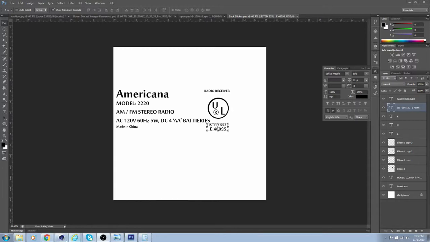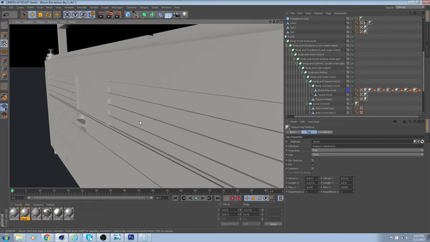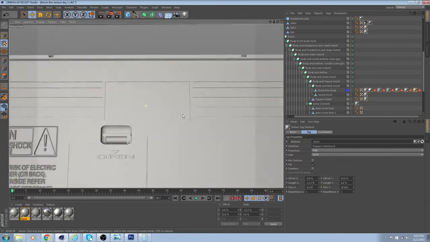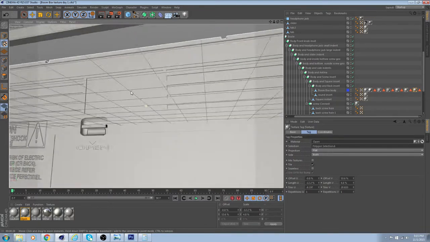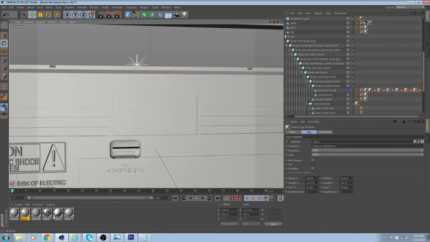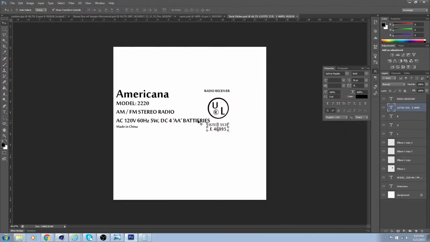Alrighty, so right now we're going to make the sticker for this back square that we have. I went ahead and touched Photoshop just to show you guys how it's going to look. I just made a sticker. This probably is not perfect. I did a really fast version, so I don't have the cursive and I didn't deal with the spacing of it, but this works pretty solid for how we're going to use it as an example. I already saved it out, so I'm going to go back to